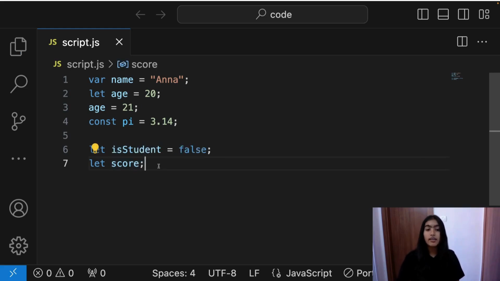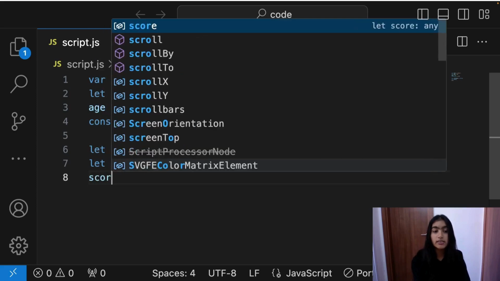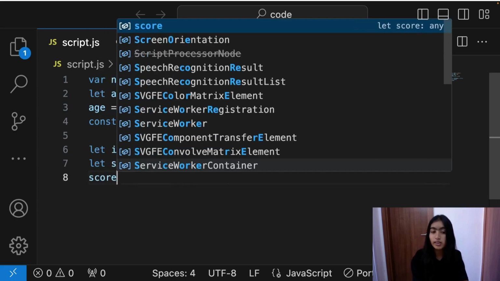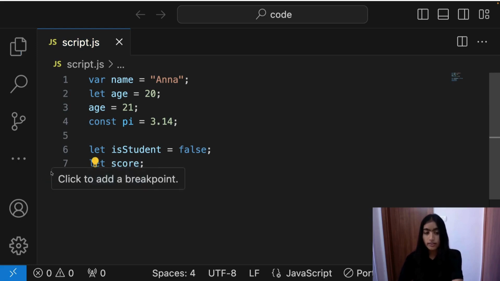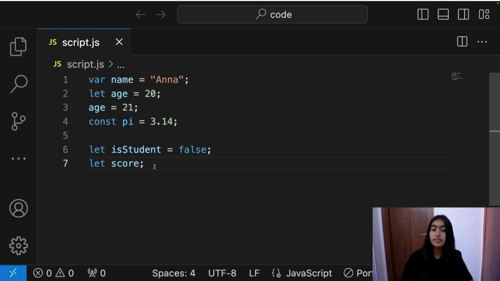And this right now, if we're trying to print it on the console tab or use this data, it will show undefined. Why? Because this particular variable does not hold any value right now. But for example, if I reassign it, since it is declared by using let, so score equal 3, now there's a value present inside it. Okay, you're getting it, right? So yeah, if you just leave it like this, that means the value of it is undefined.